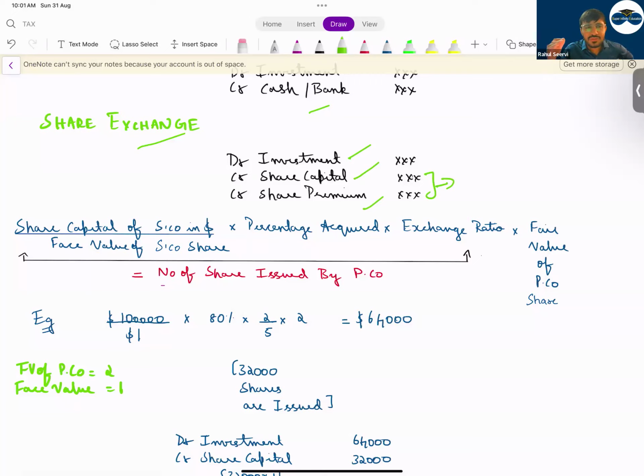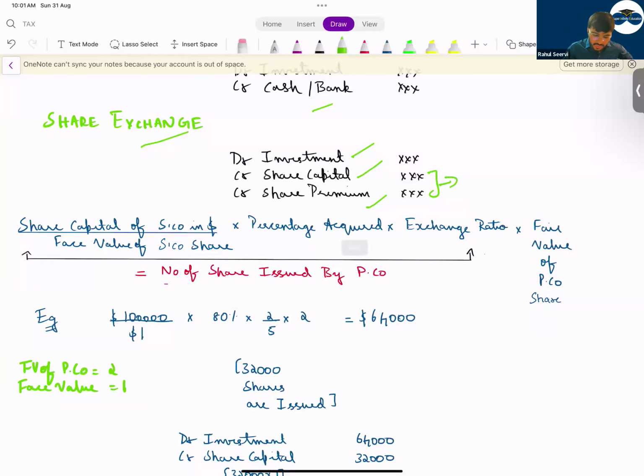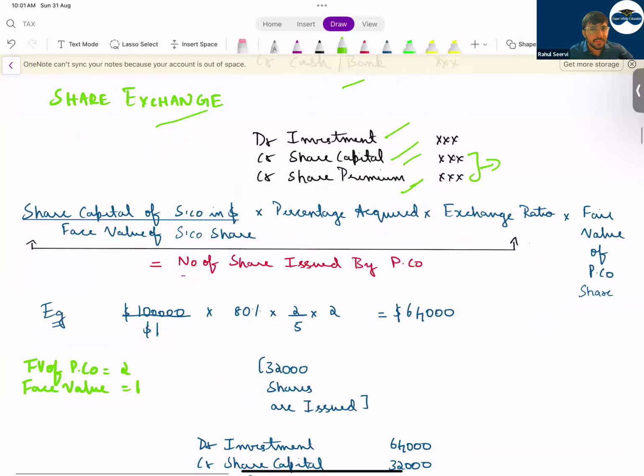When coming to your SBR, your adjustments regarding consolidation will be based on the basics of FR and FA only. The examiner will not ask you out of the box. In theory, they will ask the SBR part. So it's important that you know the basics. If you know the basics, all the adjustments will be easy. So if they have not done it, please go and increase the share capital and share premium.